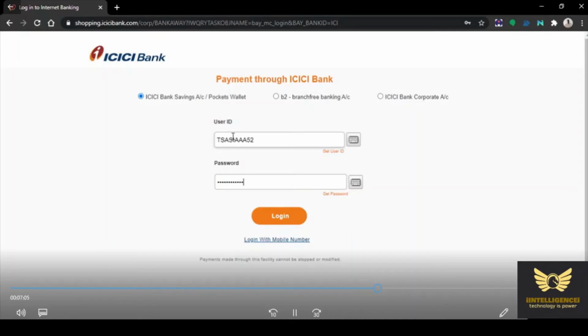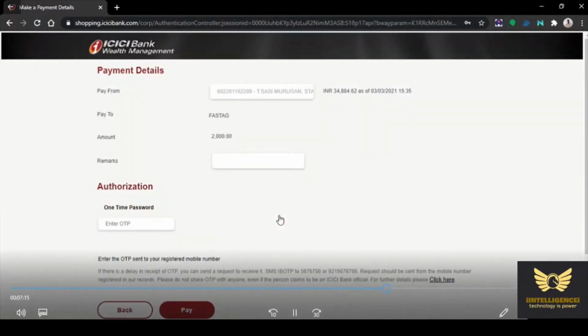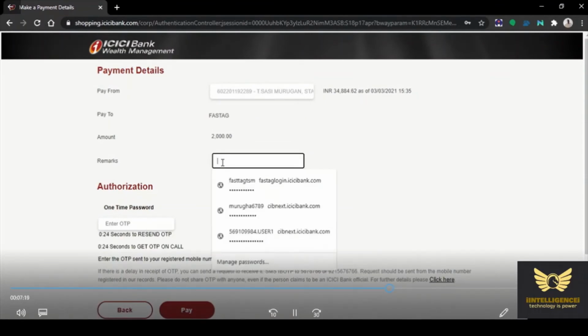After entering the user ID, give the password. This is for the ICICI Bank net banking. Click login. Now you can add remarks; any remarks are up to you to add.